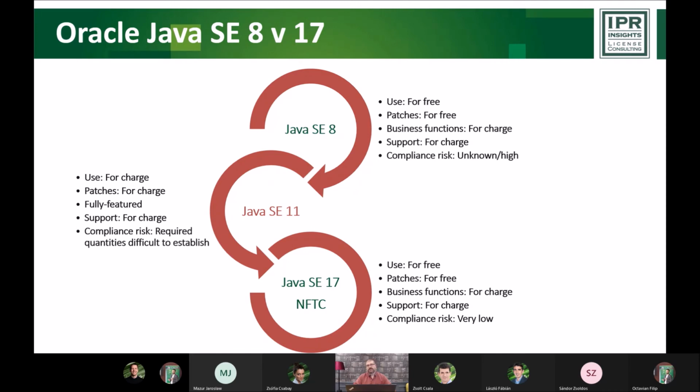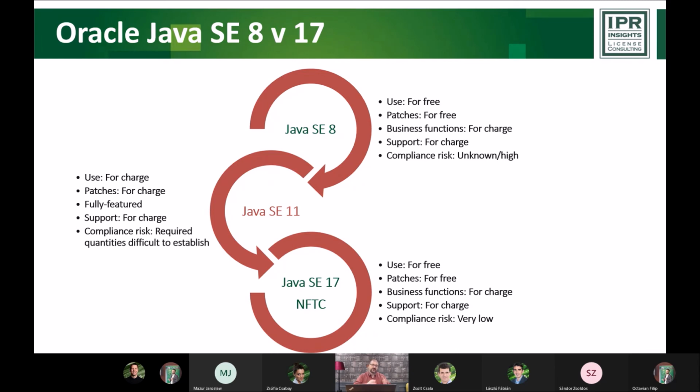And the other problem is that from a compliance and risk management point of view, it's not a task that can be tackled very easily. Most of our customers are still grappling with this issue. They are still trying to find out how many applications, which servers, which virtual machines, which environments need to be licensed, and it's a hard nut to crack. And if Oracle were to come and audit customers for Java, I think it would be very difficult for them to make a case for any punishment or penalties, because it is extremely difficult or maybe impossible to prove.